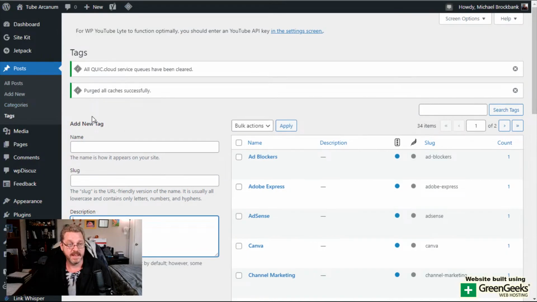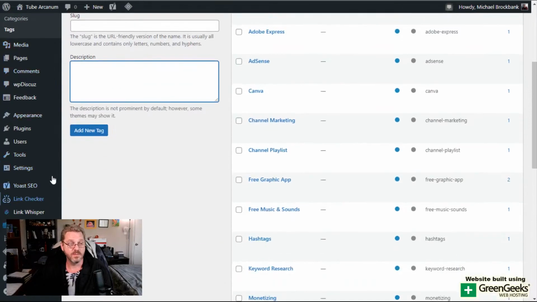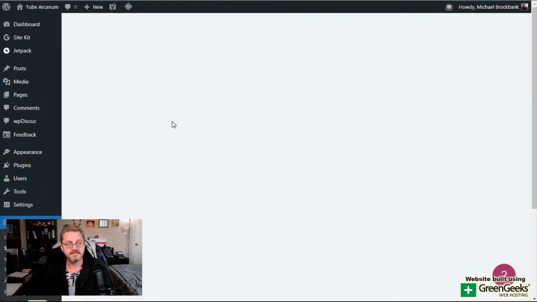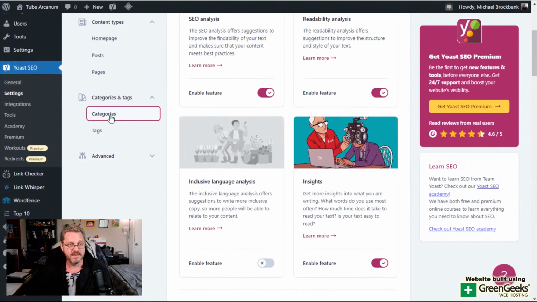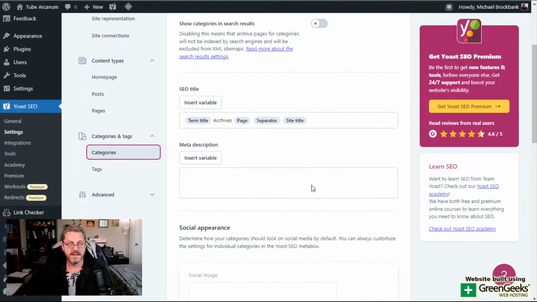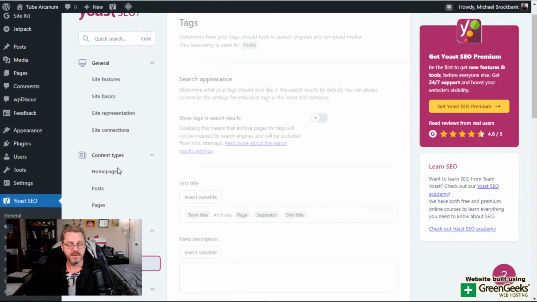So, yeah, you can have Google crawl categories and tags, but it's considered low quality content and it could hurt your SEO. So I would suggest blocking Google from crawling your tags and categories. And you can do that easy with Yoast. If we go to Yoast, go into settings, and then we can go down to categories here, and then we just can check off the box. By default, it's enabled. Just go over here and click on this box. It'll take categories out of your